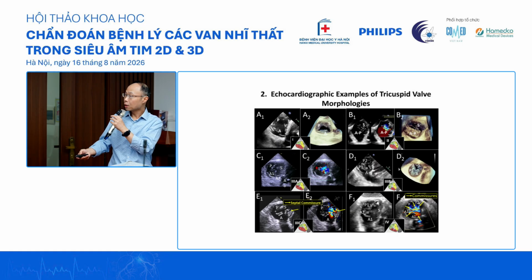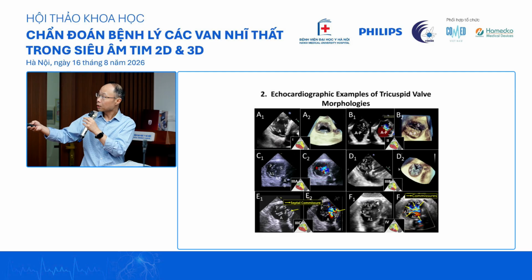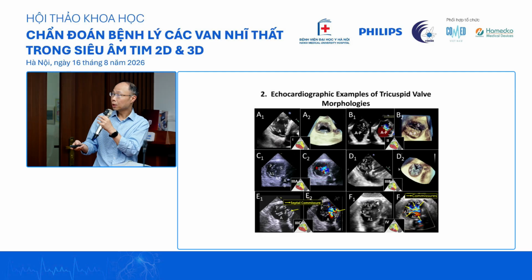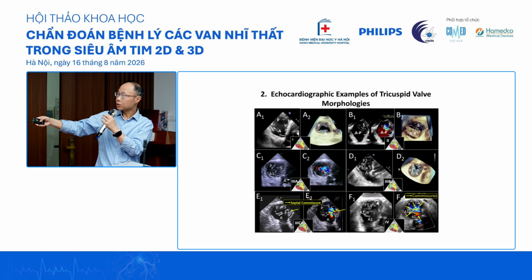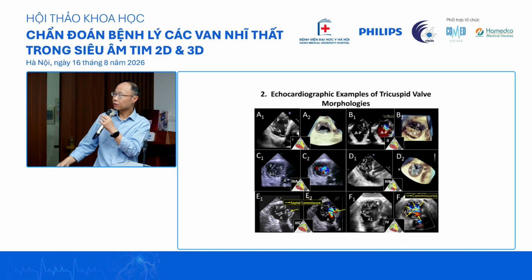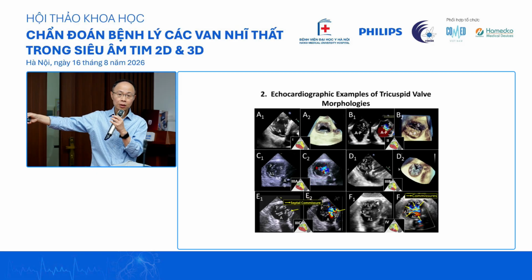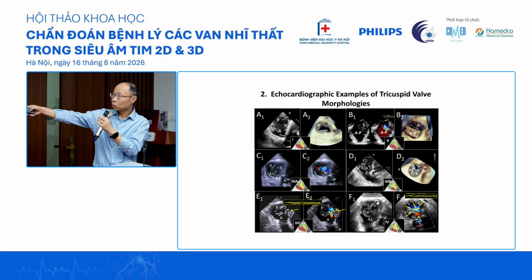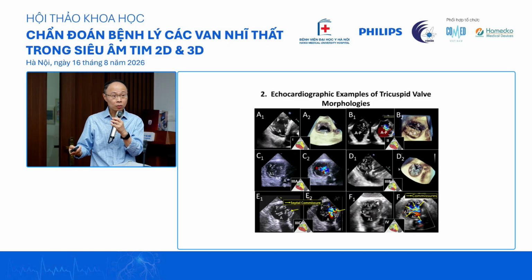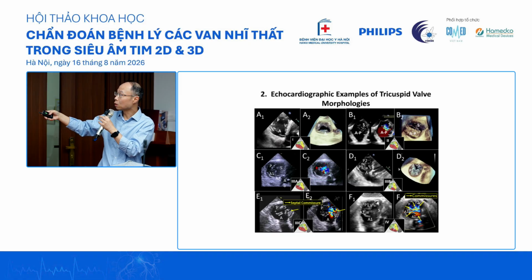So this is just the images from the transesophageal echo of the different configurations. As I mentioned earlier, this is what we see 50% of the time. You have a very clear septal leaflet. That's the one which is right next to your right ventricle. What we do is that by placing your aorta at the 5 o'clock, you always get this as anterior and this as posterior, and that actually helps, because if you don't put your aorta over here, you can get lost, right? It's just like getting lost in a very big shopping mall.